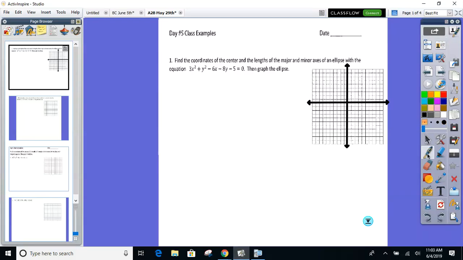Okay, I'm asking for the same things. I'm asking for the center of this ellipse. How large are the major and minor axes, and the graph? I'm still asking the same questions. What's the problem, you guys? It's the equation. It's not